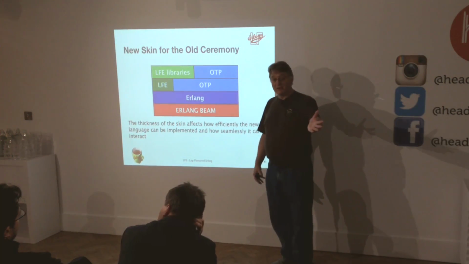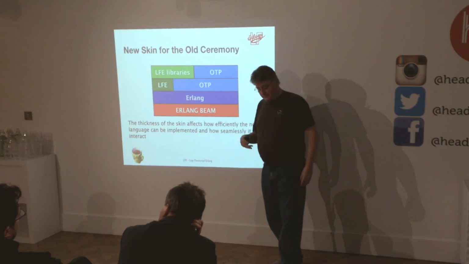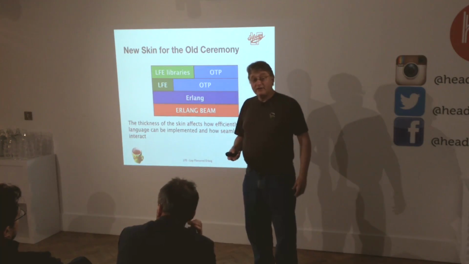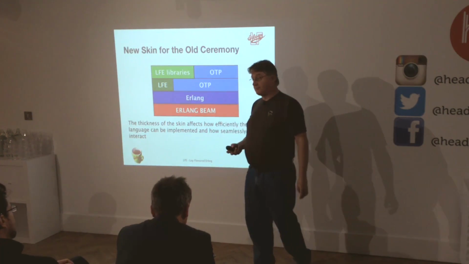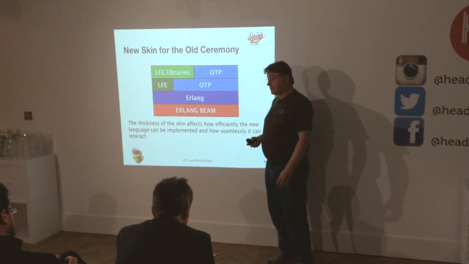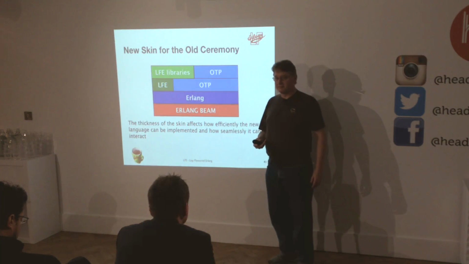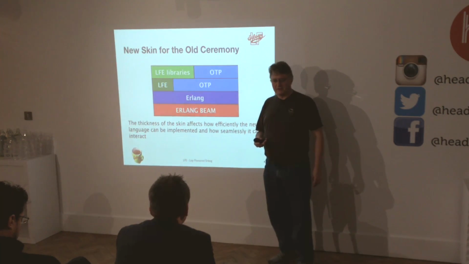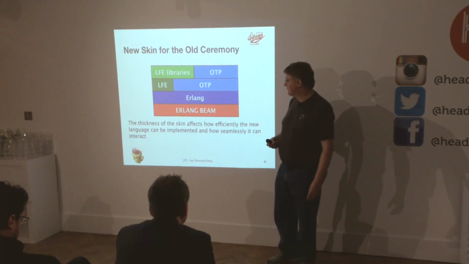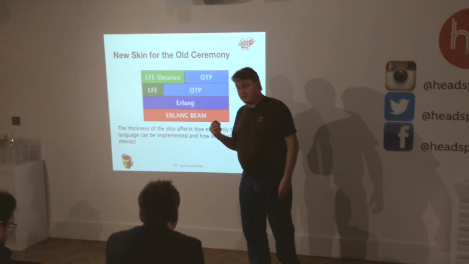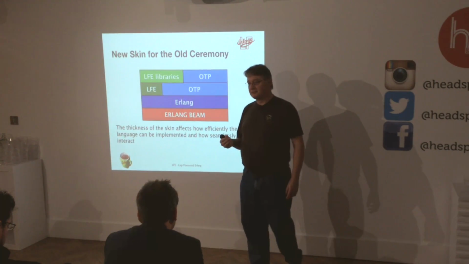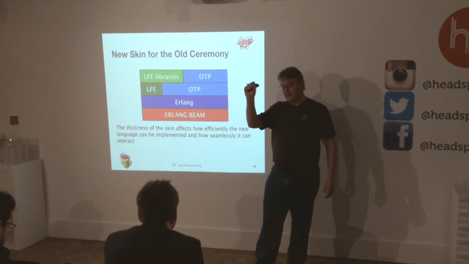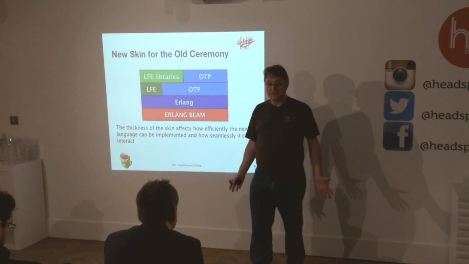Yeah, I forgot to say one thing about OTP. The ideas came from about 90. The basic ideas behind OTP and how you build these systems, they're from the beginning. But the actual OTP system was starting to develop around 95, I think it was. That's what became R1, I think, came in 96 or something like this, the first version of it. So it's been around a long time, and there are very few bugs in it, to be serious. If you go onto the mailing list, they complain about 1 or 2 packages with bugs in, and the rest no one says anything about. That just works.